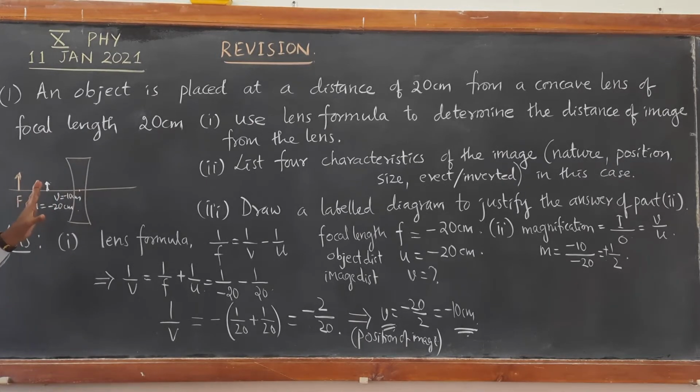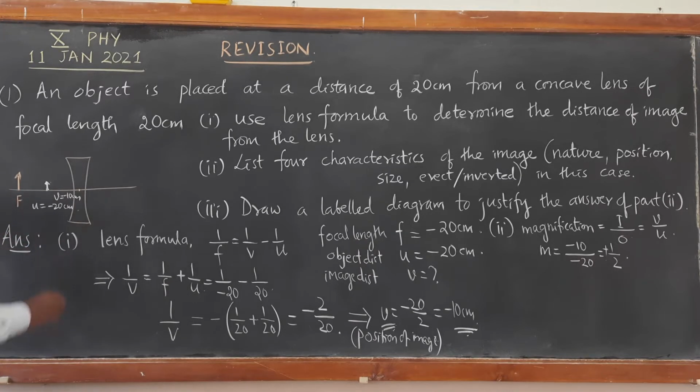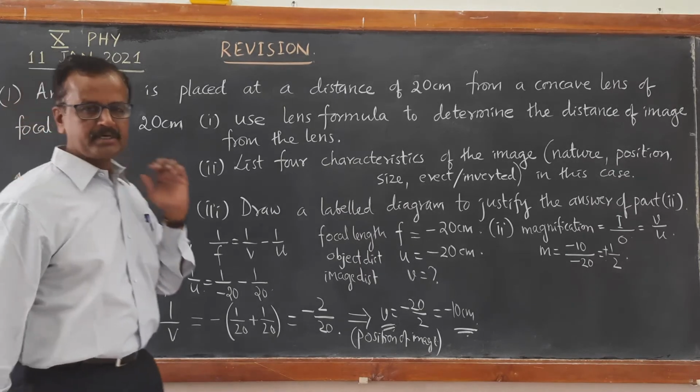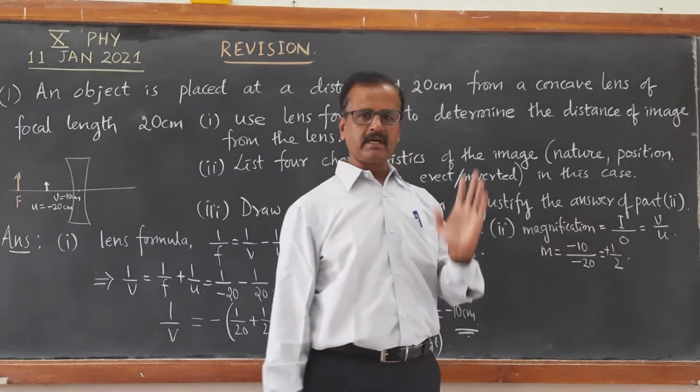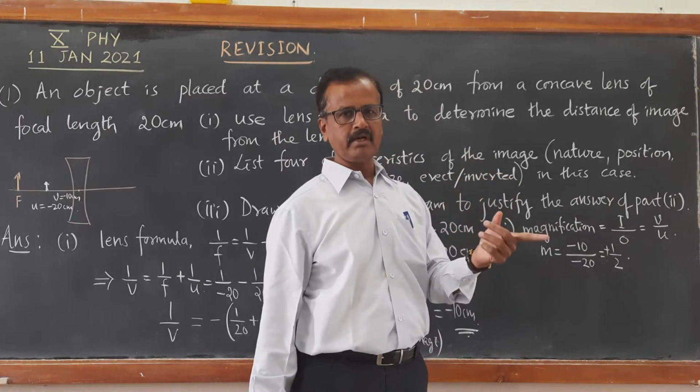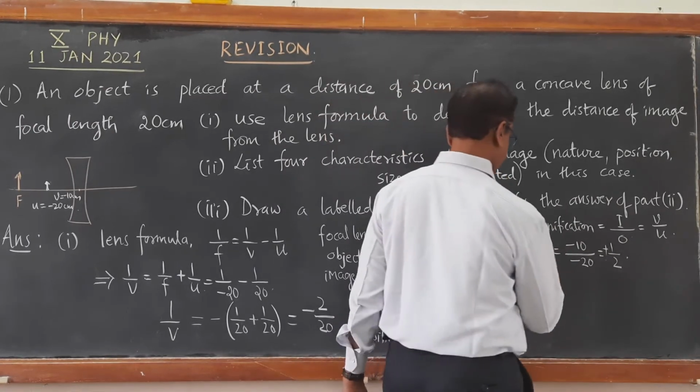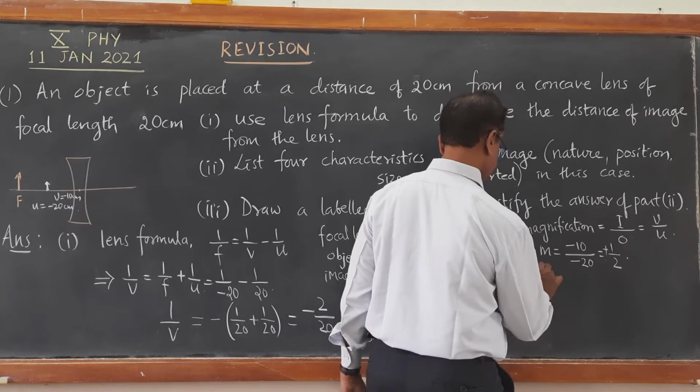In that case only we will have magnification positive. If the image is inverted, then the magnification will be negative. Because here the ratio of the size of the image to the size of the object gives us magnification. So both are vertically upwards, means both are erect. Therefore, magnification is positive,